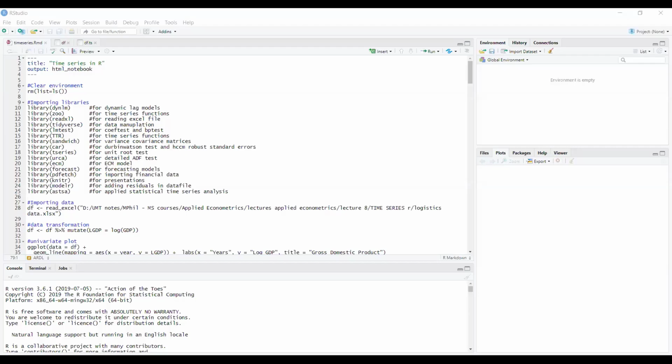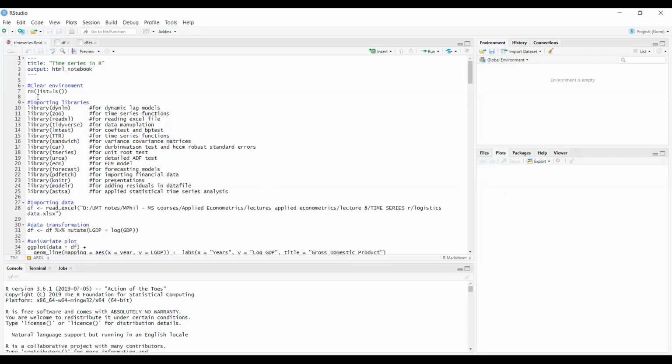Okay, welcome everyone. So today we are going to start an overview of basic time series econometrics commands in RStudio. This tutorial will cover the basic concepts, and this file will add on to and move towards the more complicated models. So first of all, we'll start with the R command file. Here I am showing this command.